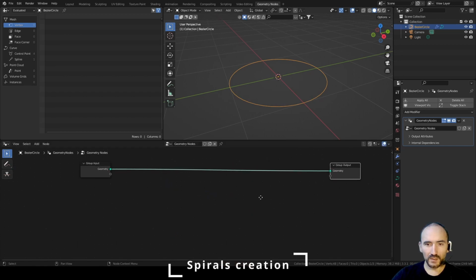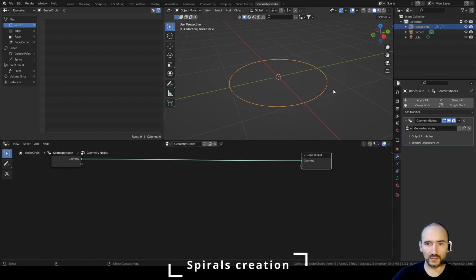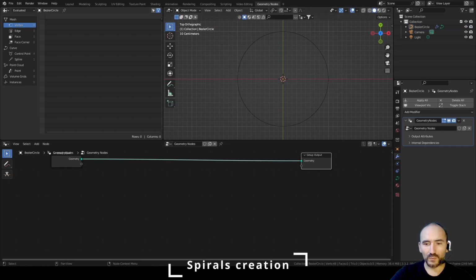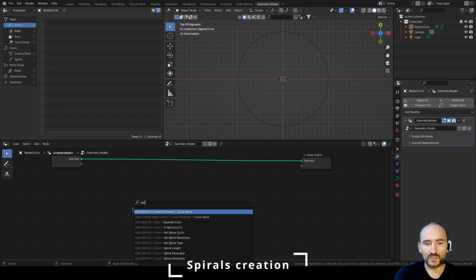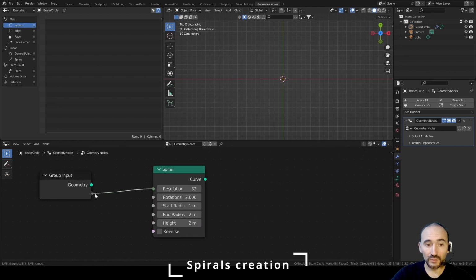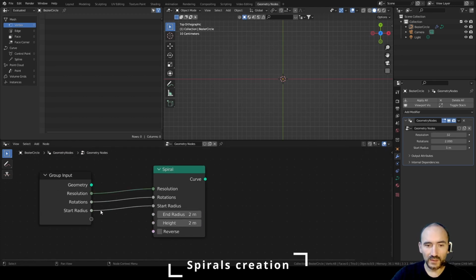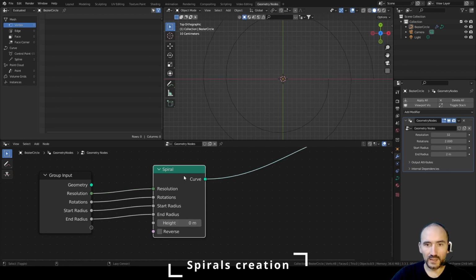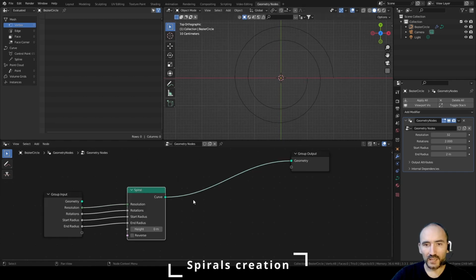Okay, we can create the spirals. Press 7 to go to top orthographic view, and create a spiral. We can drop this link and we can expose the resolution, the rotation, the start radius, the end radius, and set the height to 0. Shift Alt and click. This is the first spiral, and we will create two parts, one in one direction and one in the other direction. We will connect them together and we will tweak the position and the alignment of the entire shape along the